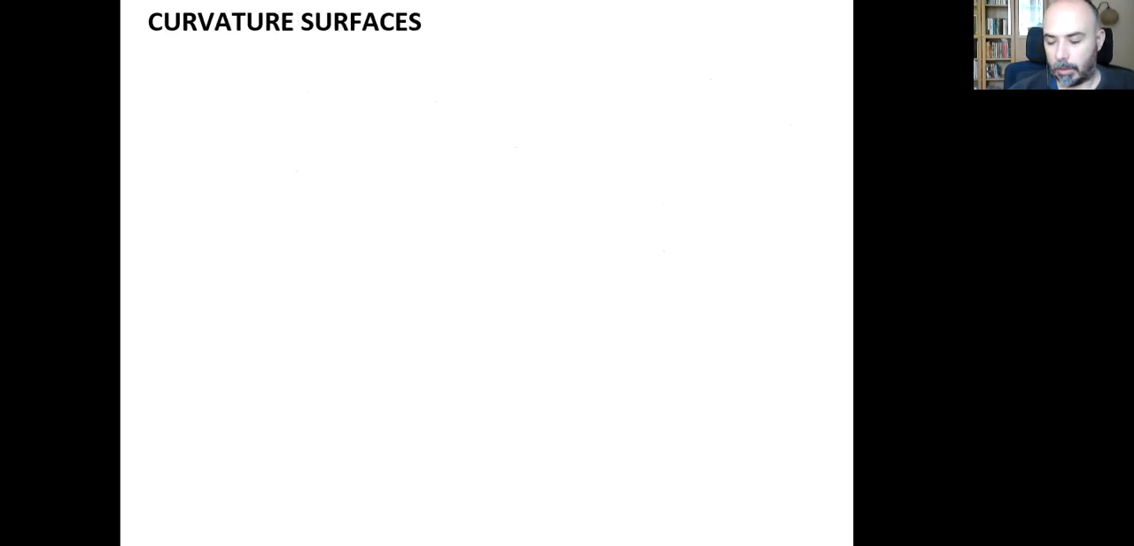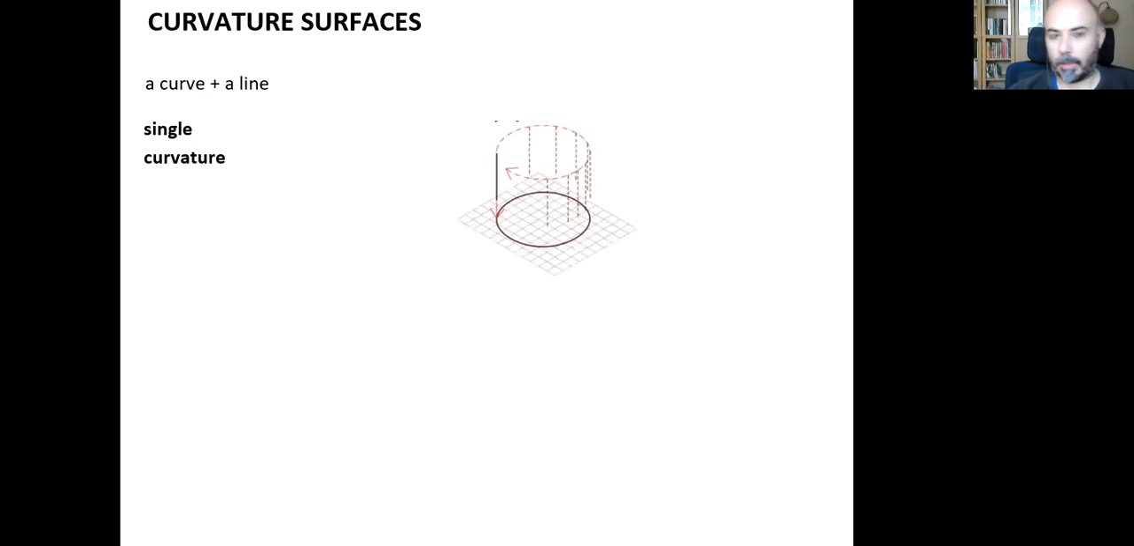And by using these curves and straight lines, we can create different curvature surfaces. These curvature surfaces may include just one curve and a line. So they are called single curvatures. Let's say that we have a circle here and we have a line. And by moving this line